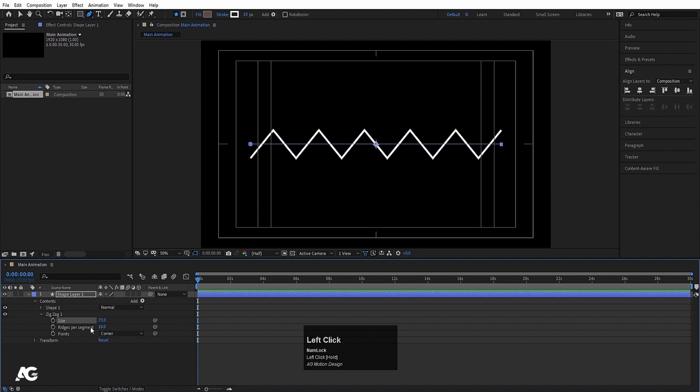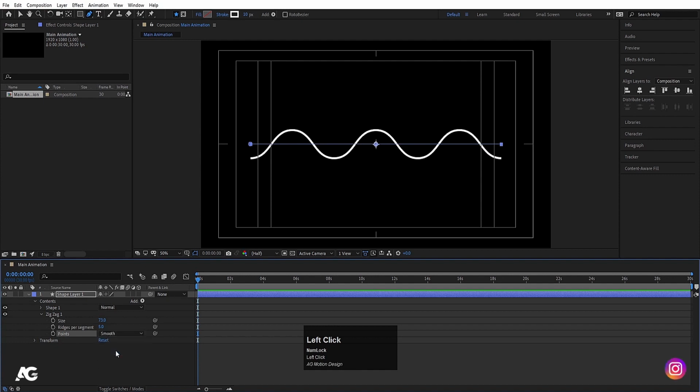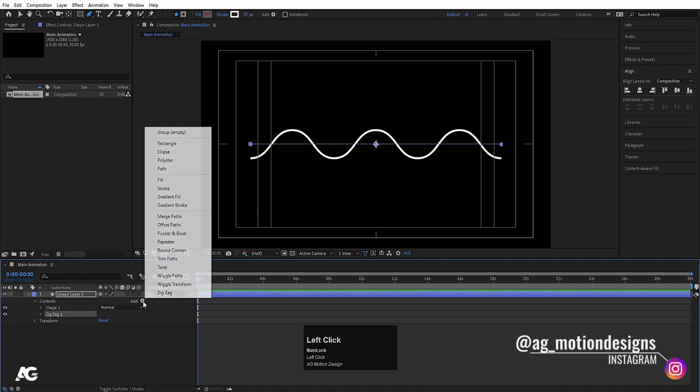Writes per segment, so you can decrease and increase the segments, and then you will get this points corner where you can choose corner or smooth. So you get something like that. Then after that you are free to add any other thing, like suppose I'm gonna add trim path over here,